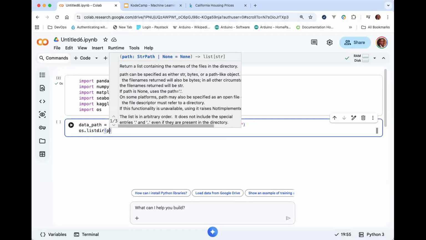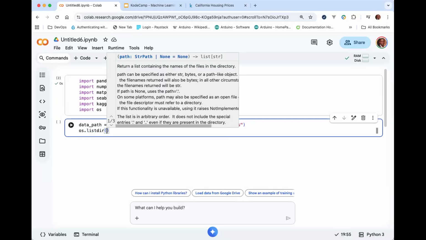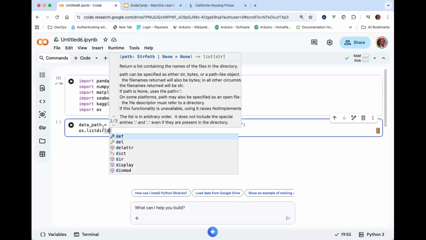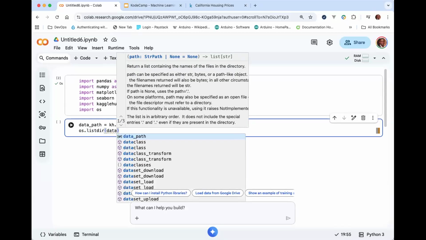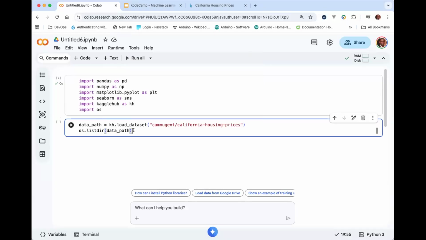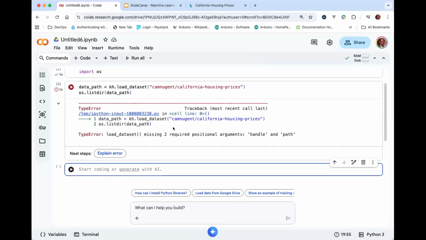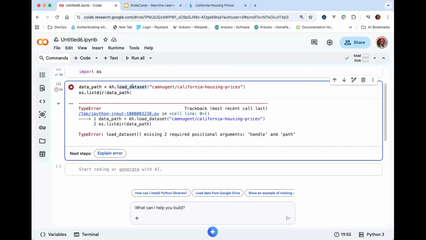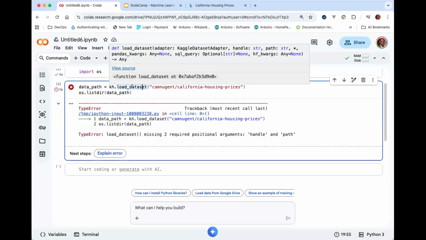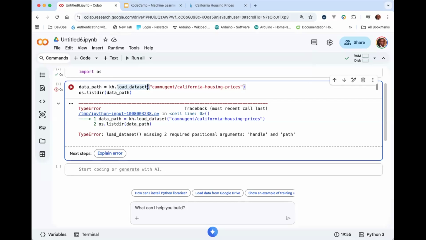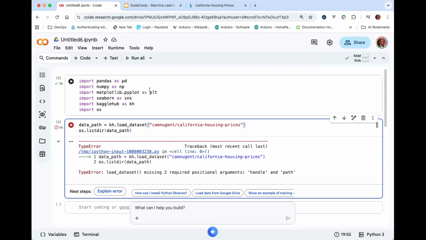So this again is something I do when I download from Kaggle, because after downloading, sometimes the